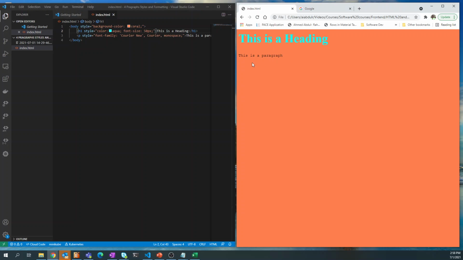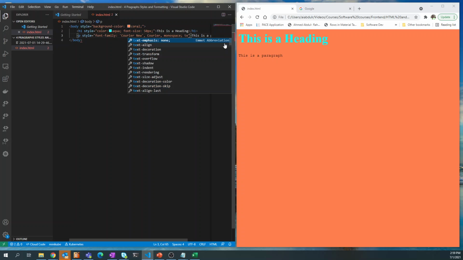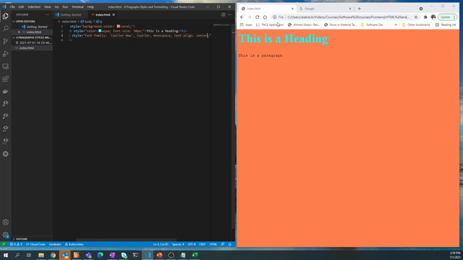We can also do other stuff like text alignment. Say we want to align the text, we can also do it. And so, for example, if we wanted to center our paragraph, I'm just gonna add another attribute that we want to target, which is text align, to align our text. And I'm gonna say center because that's what we want to do. So if I refresh this, you can see that it centers it on the page, right? So that is